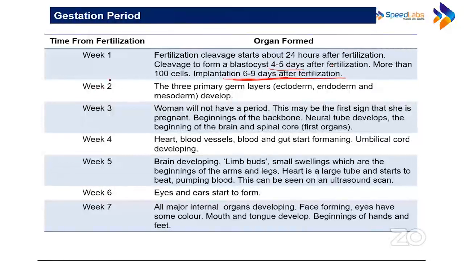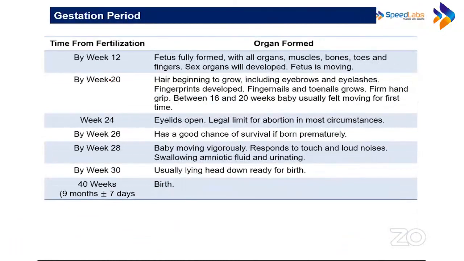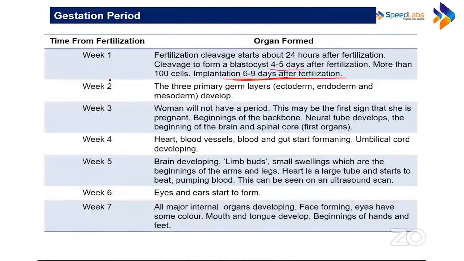Second week. So the entire period of pregnancy is divided into 3 trimesters. And how many weeks? 40 weeks. So week 1 events are implantation takes place. Week 2 में all these 3 layers start developing. And then week 3 में the woman is going to miss her menstrual cycle. And then that is the first sign. And when HCG is detected in her urine, the positive test shows that she is pregnant.